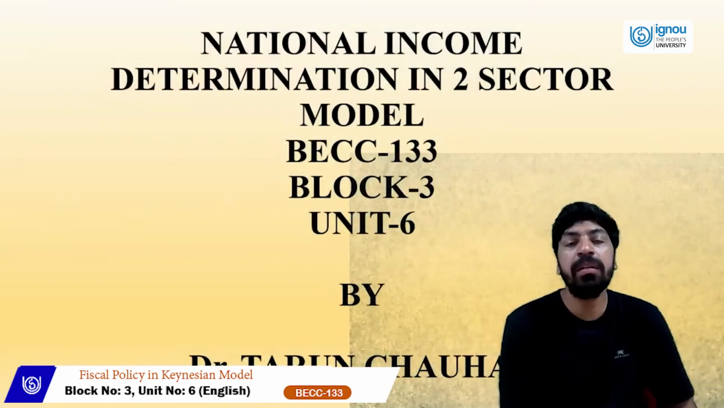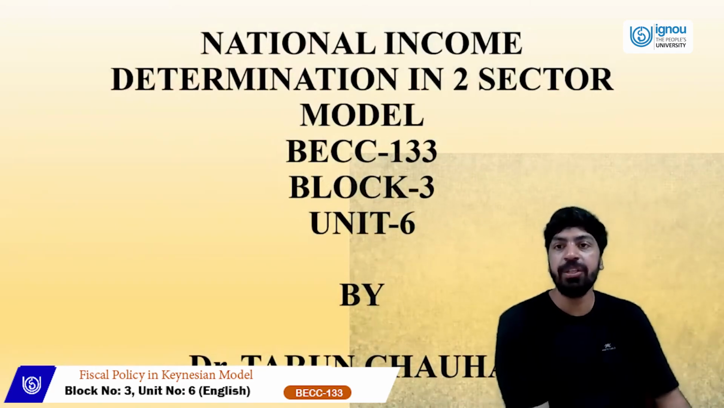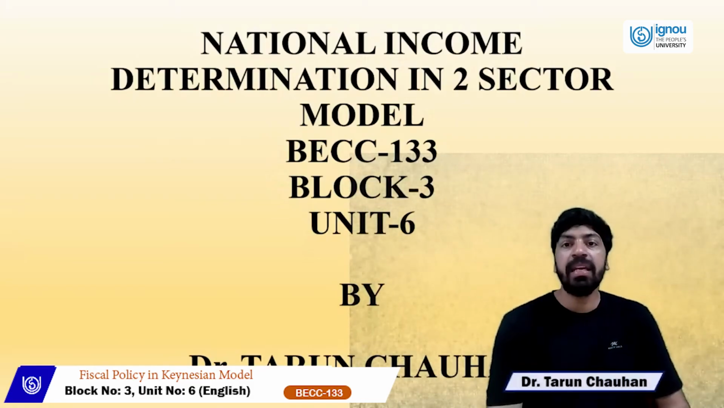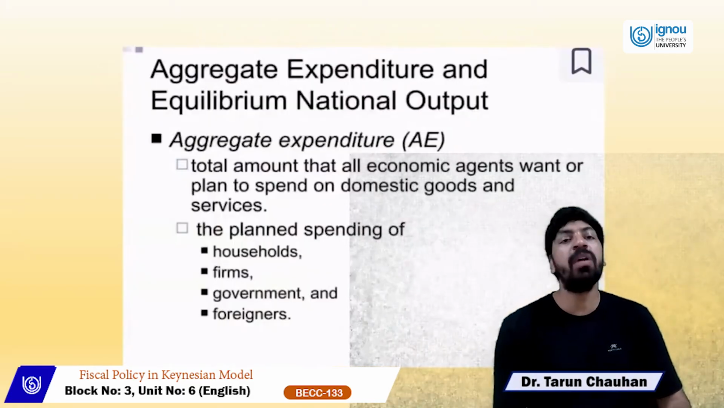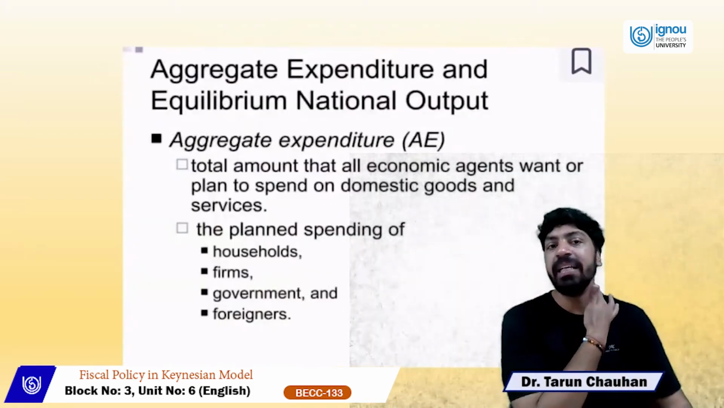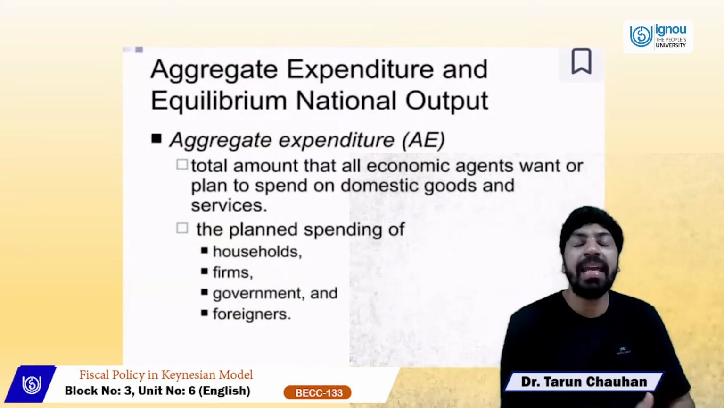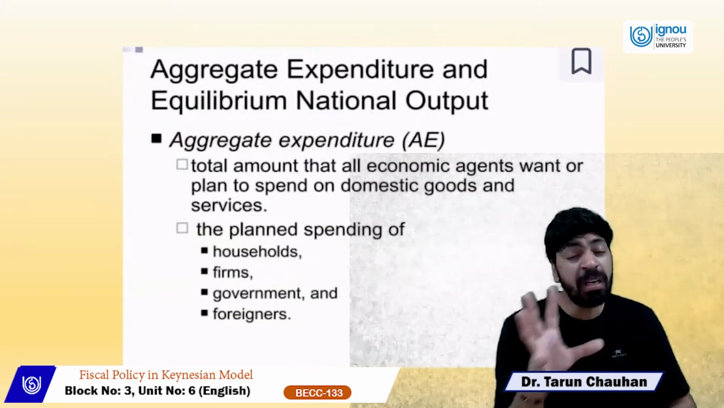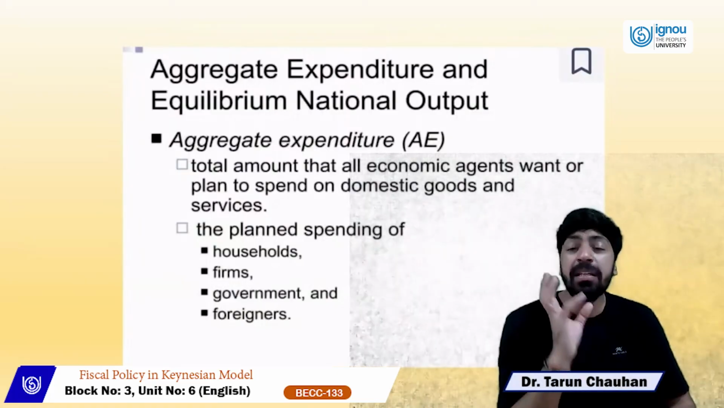We are going to learn about national income determination in the two-sector model. So let's begin with the concepts. The first one is aggregate expenditure. What is aggregate expenditure? It is the total amount that all producers and consumers